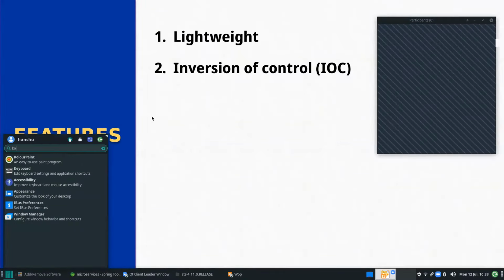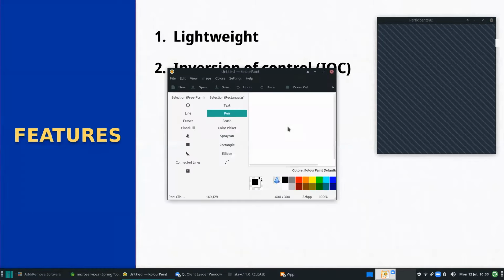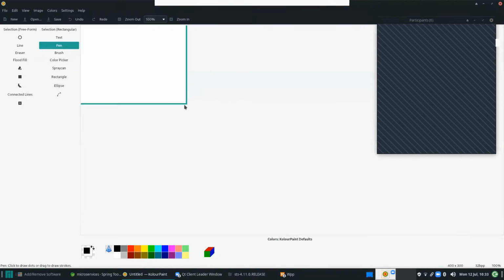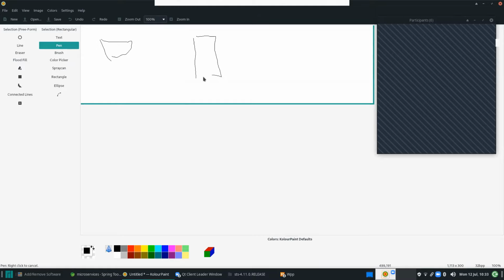Let me give you an example. I have some application with some layers. For example, here we have the controller layer, and here the repository layer.